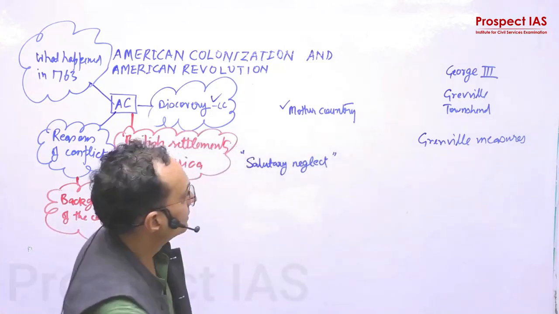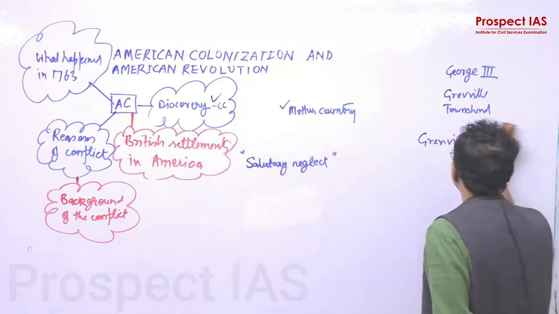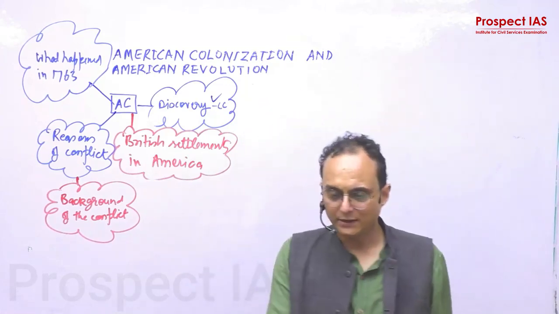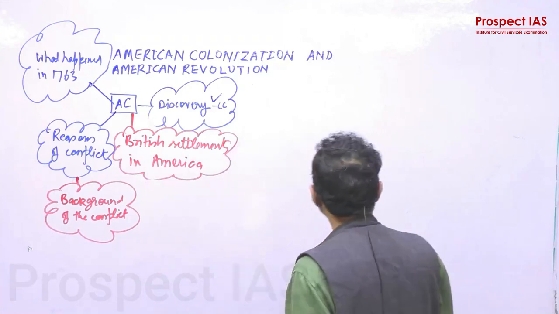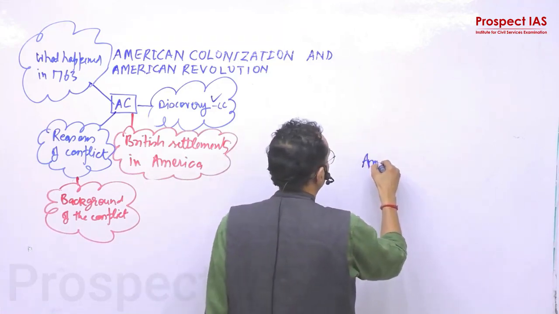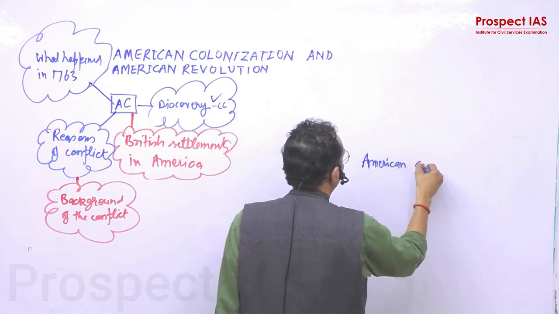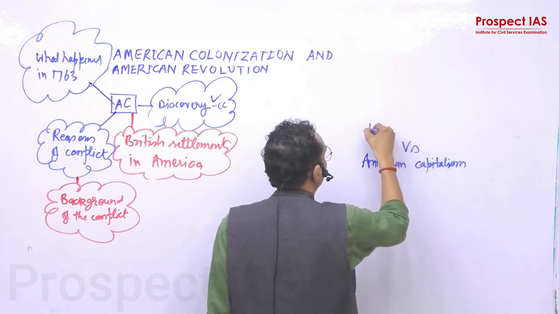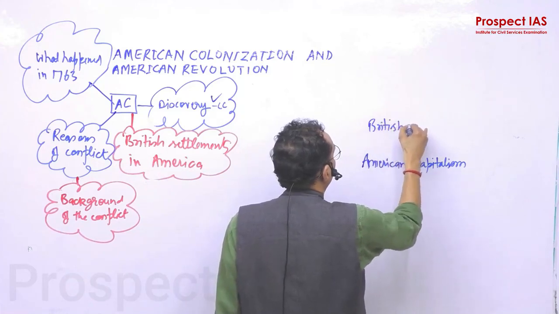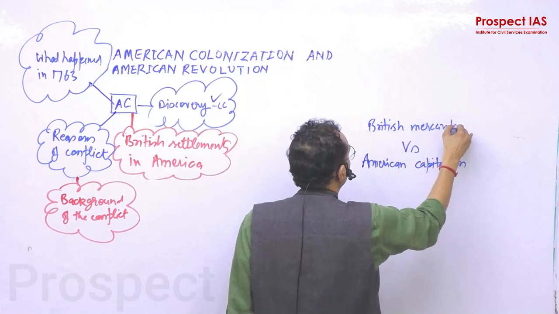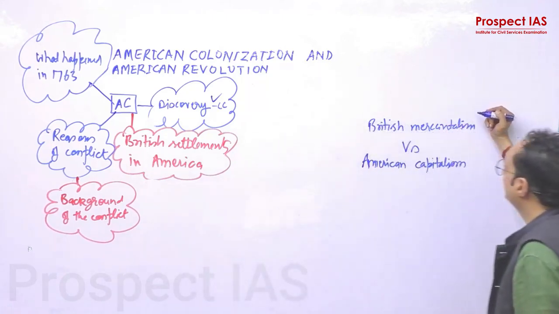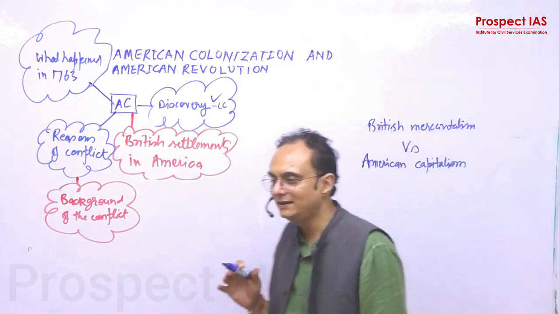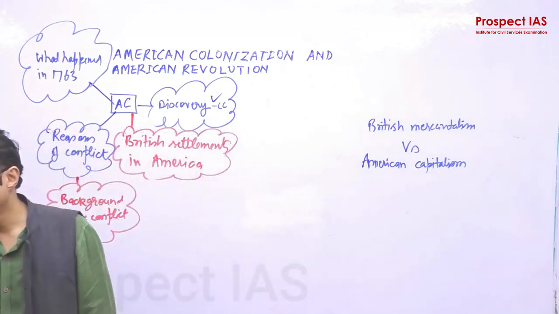ओके, अब इसको जरा ध्यान से पढ़ो और पढ़ के हमसे सवाल पूछो। एक गुत्थी यहां पे है, उन्होंने क्या कहा, अमेरिकन कैपिटलिज्म वर्सेस ब्रिटिश मर्केंटलिज्म। वाई नॉट ब्रिटिश कैपिटलिज्म और वाई नॉट अमेरिकन मर्केंटलिज्म? यही है आईएएस बनने की यात्रा, यहीं से शुरू होती है।